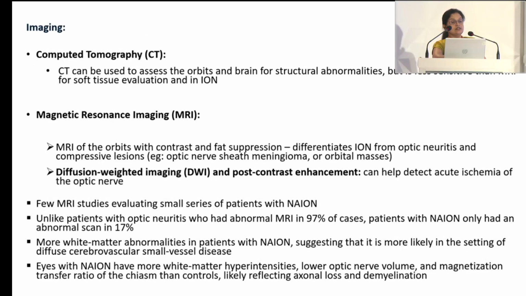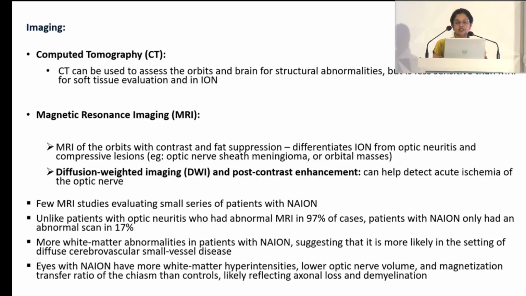And the imaging modalities. CT scan can be used to assess the orbits and the brain for structural abnormalities, but it is less sensitive than MRI for identifying soft tissues and evaluating ischemic optic neuropathy. MRI of the orbits with contrast and fat suppression can differentiate ischemic optic neuropathy from optic neuritis and compressive lesions like optic nerve sheath meningioma and orbital masses. And also diffusion weighted imaging and the post-contrast enhancement. Some few studies suggest, in small series of patients with NAION,